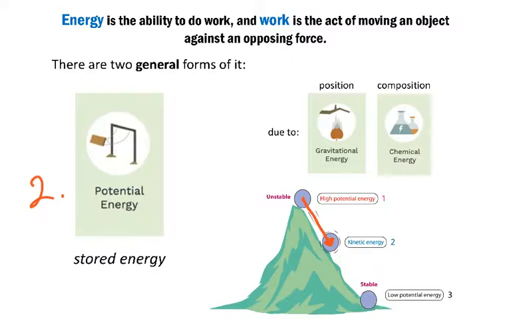Now, if this ball stops rolling and no longer has kinetic energy and it has low potential energy, what just happened to our conservation of energy? Well, these are two general forms of energy, but there are other places or ways that the energy can be dissipated or transferred.